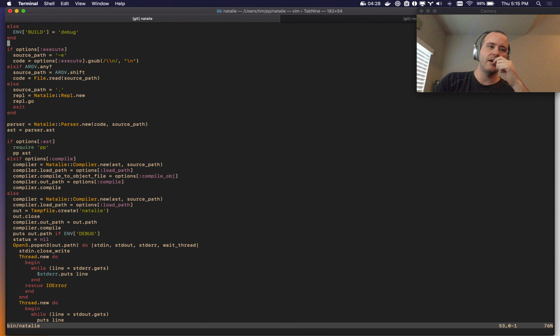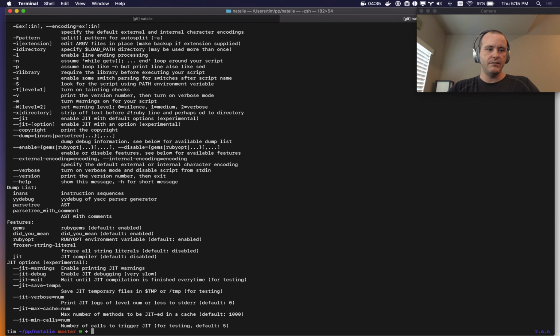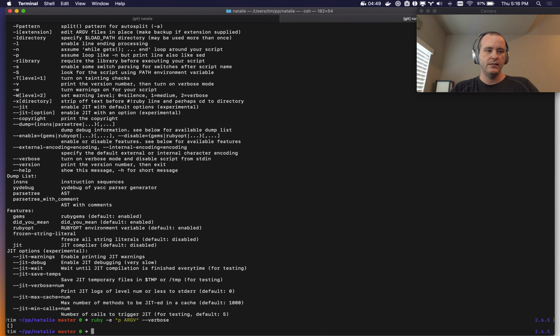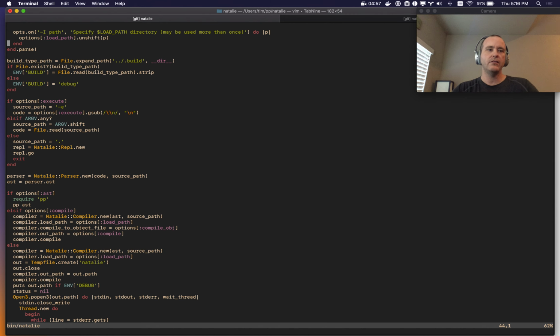How does Ruby differentiate between something it's supposed to do? Like if I say help here, it's going to do help. So is it just anything it doesn't recognize? Oh yeah, and then I can do dash dash if I want to pass them on directly. Okay,